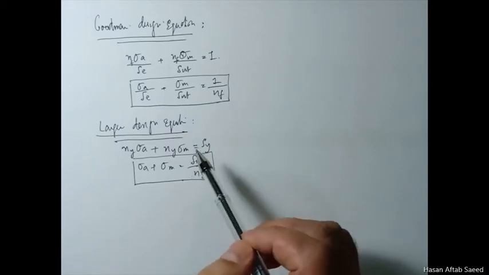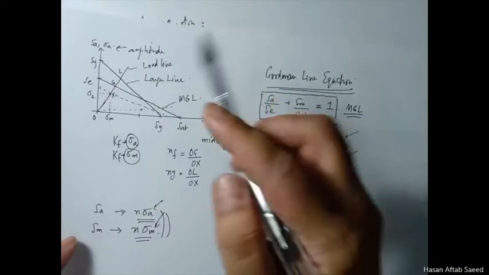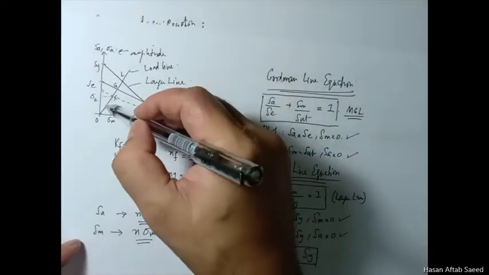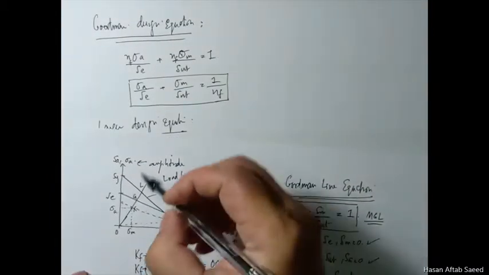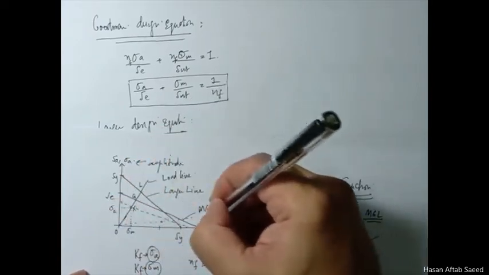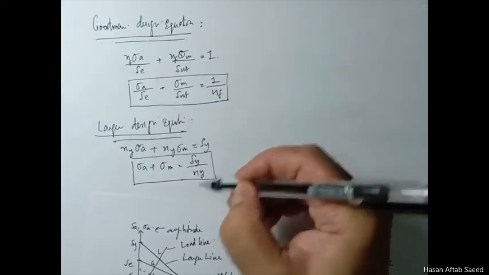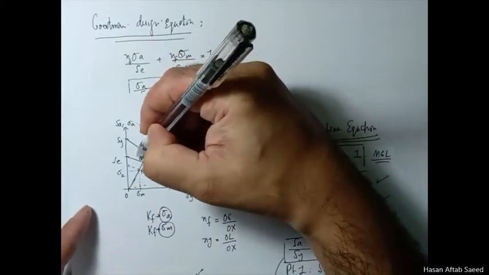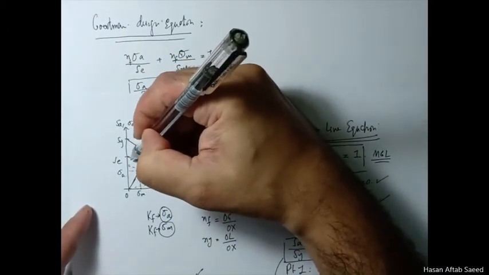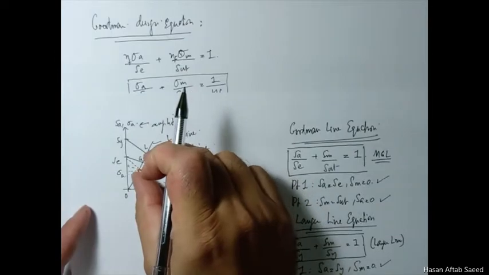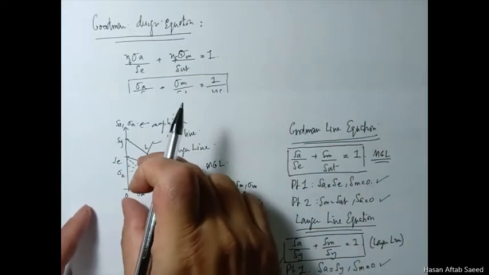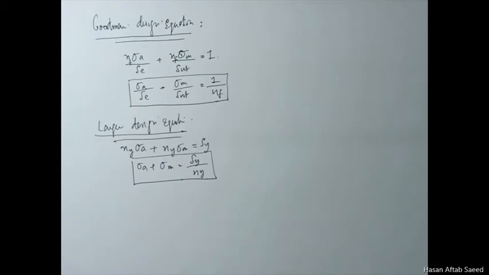It could be less than 1. It means this point will be plotted on the other side of these lines, so that will be a factor of safety less than 1. But if it is below these lines, it will be a parallel line in this case. If you talk about this, then you have another line which is again parallel to this, because this is your point which is plotted. And this is the factor of safety, this divided by this, and in this case this divided by this. So this is how you basically solve your problems, and we are going to demonstrate that by doing a problem,